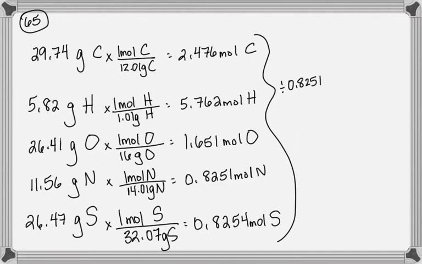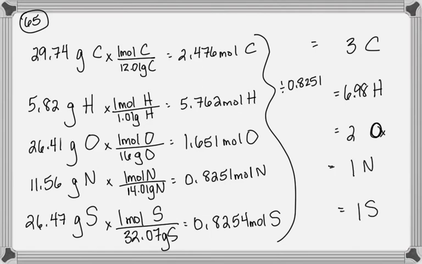So the carbon, when we divide that, we'll get that there's 3 carbons. I've already done it in my calculator. So the hydrogen, we get 6.98, which is pretty close to 7. The oxygen, we get 2. And I mean, I'm getting like 2.001. So 2 oxygen, that's not a 0, that's oxygen. I'll put a little X by it. Obviously, there's 1 nitrogen and there's 1 sulfur. Okay? So there's our formula,